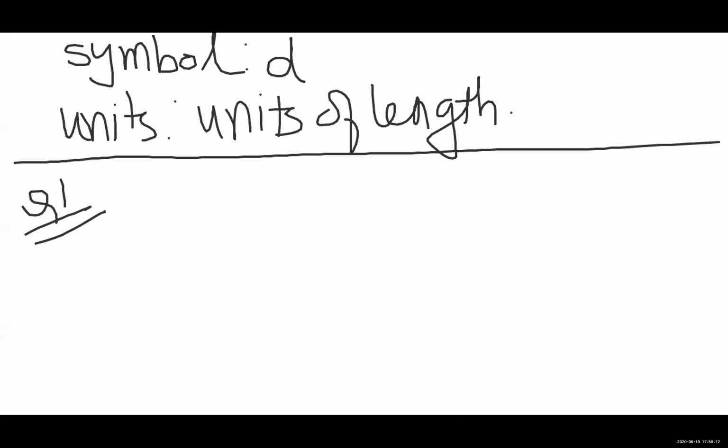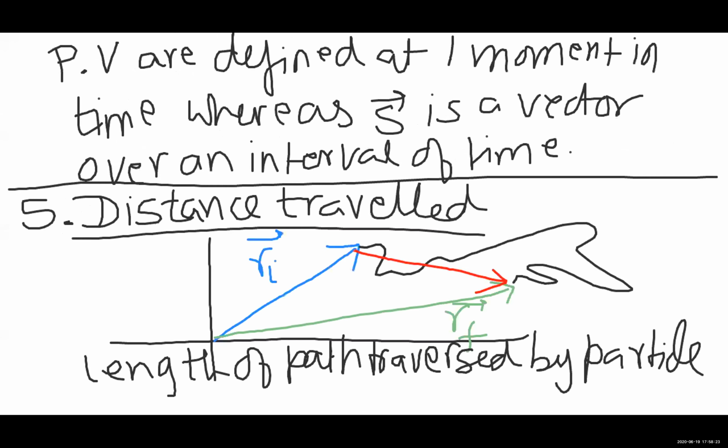So first let's try this. Can scalar quantities ever be negative? Well, yes, they can. But distance can never be negative. Temperature can be negative. Temperature is a scalar quantity, right? Minus